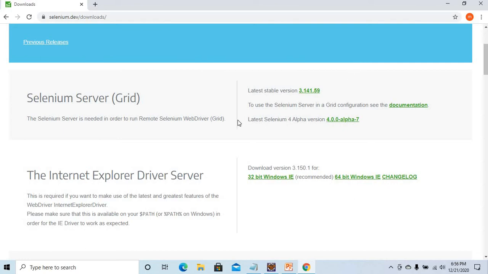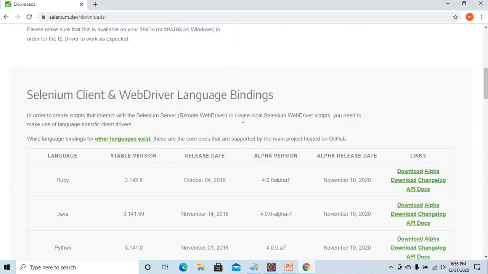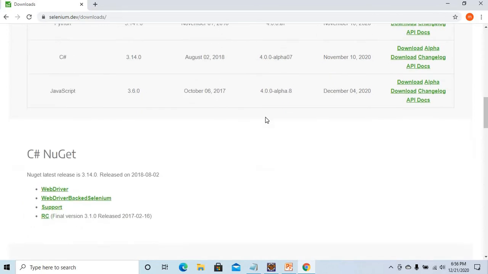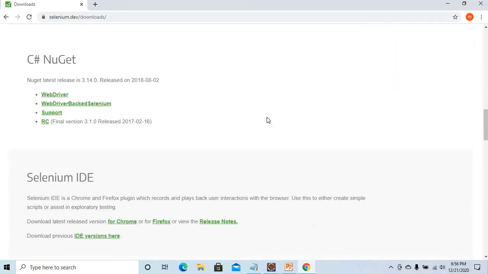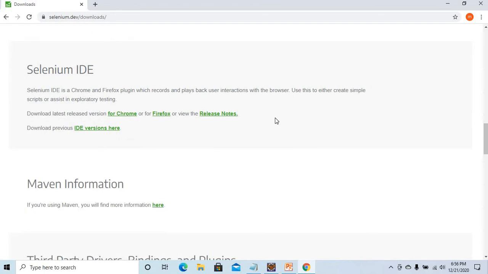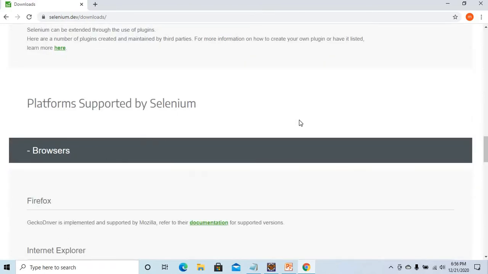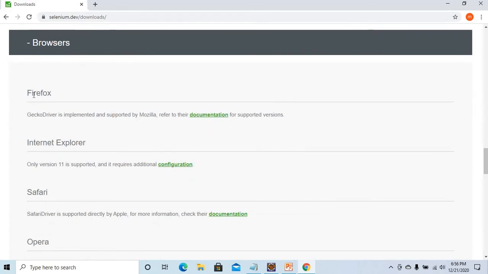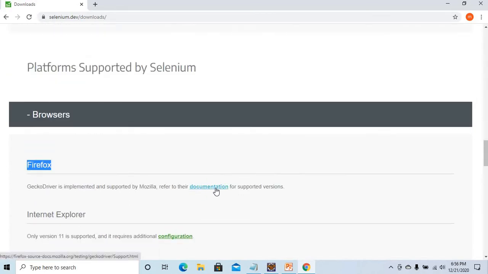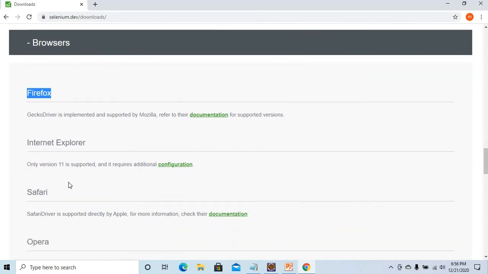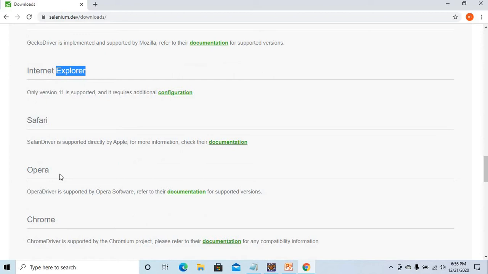After that, we need to download a couple of browser related drivers also. I will explain those things in the next session. For the time being, I'm just showing you what we need to download. Coming to the browsers, this one is useful for Firefox, and this is the one for Internet Explorer. Anyhow, Internet Explorer is going to end, so no need to worry about this. I'm ignoring this one. And Safari and Opera, if you are using a Mac, yes, you can go for Safari.